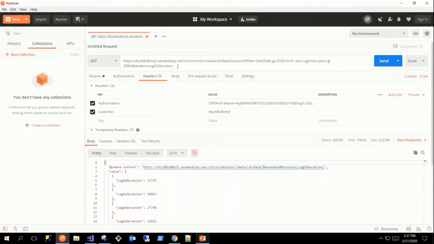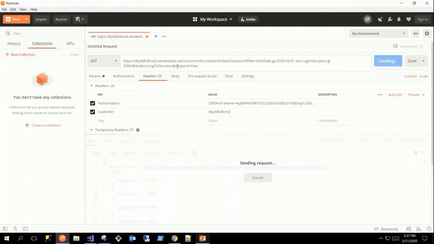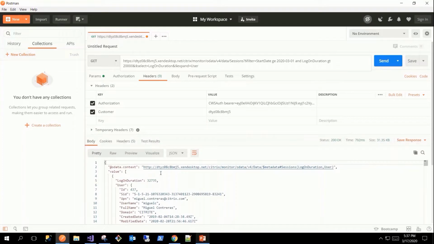What I need is users who faced this particular logon duration. For that, I'll see if there is any navigation from sessions to users. I'll just do expand on user to see if it's there. Okay, it's there. That's why it has expanded that particular result.